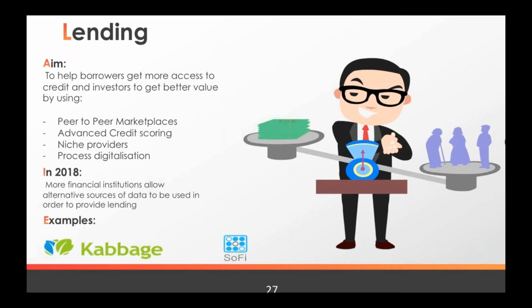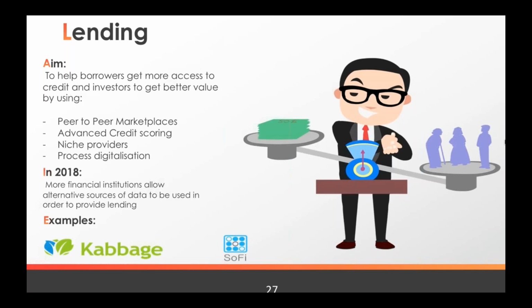So I think in 2018, what we can experience is banks in many different countries partnering with fintech companies in order to lend money to more people. It will help everybody. It will help the bottom line of the bank, but it will also help the people that are not so lucky with their credit scores.